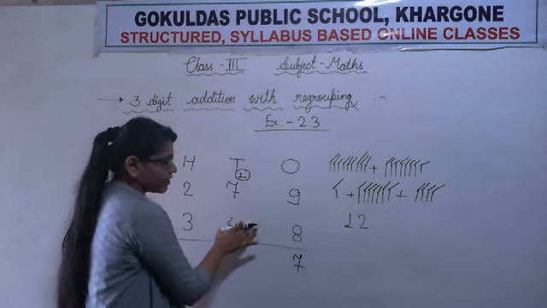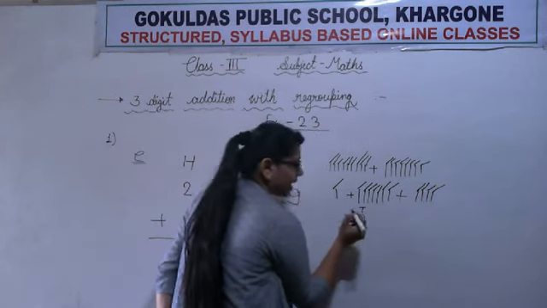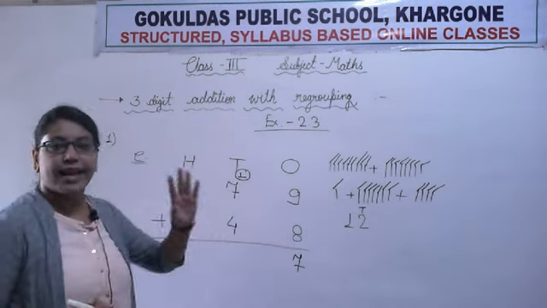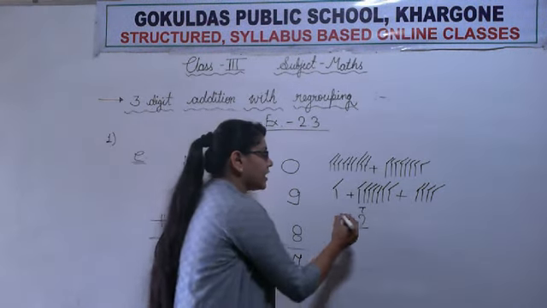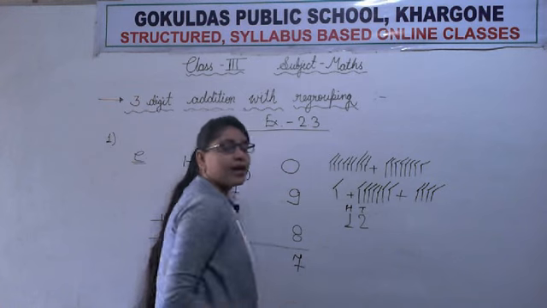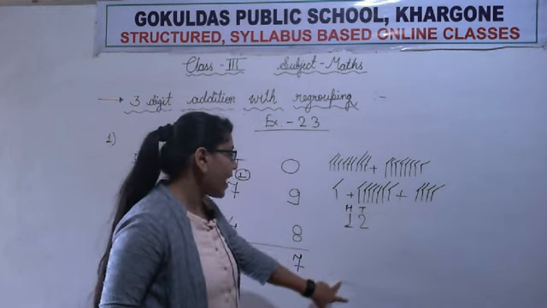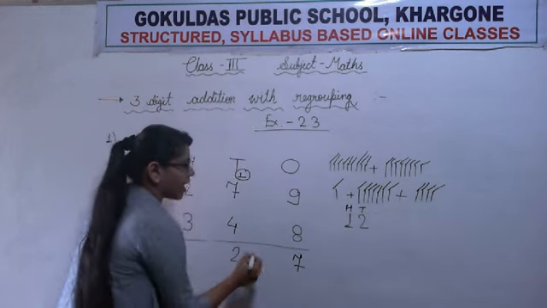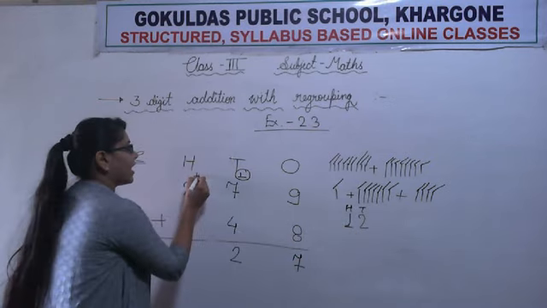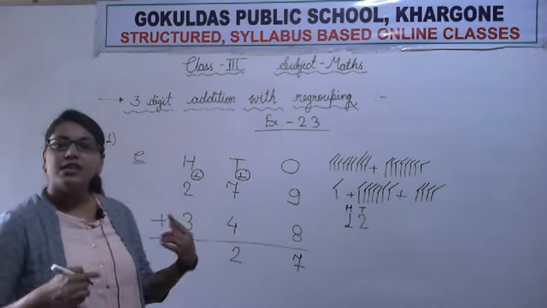We were adding the tens column. So we will write tens position here, and the next position which comes after tens is hundreds. So we will write hundreds here. So now we will write 2 in the tens column, and this 1 in the form of carry we will write in the next column, which is hundreds.